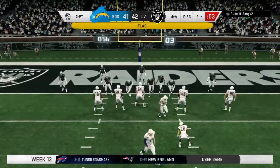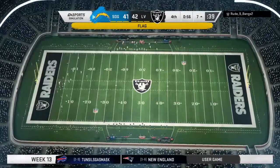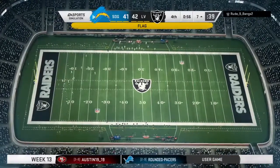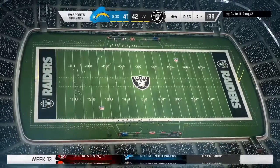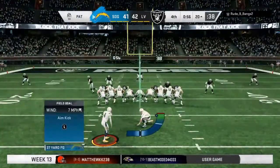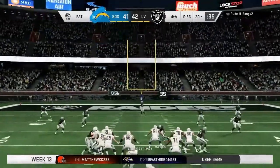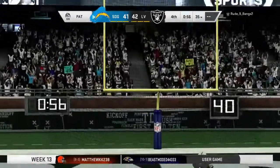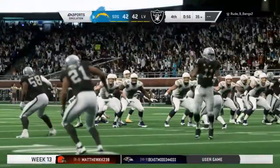Ready. And now with a play clock winding down, a whistle and possibly a false start. Here's Badgley now to try to add the PAT. And we are tied here in the fourth quarter. That ties the game at